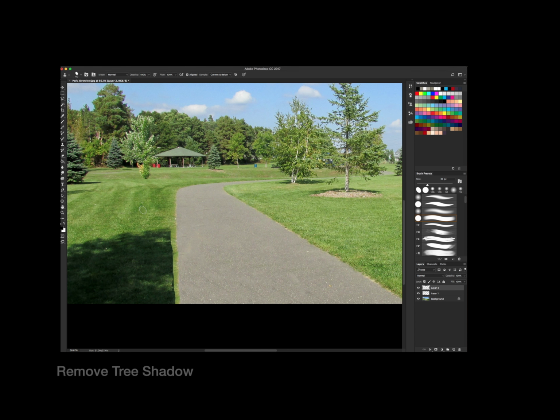Next, what we're going to be doing is take away the shadow that was next to the sidewalk. What you want to do right here is there's this little line between the grass and the sidewalk. That's what you would want to click to get rid of the shadow that is a little bit still on the sidewalk. After that, you want to go to the grass, option click the grass, and make sure that